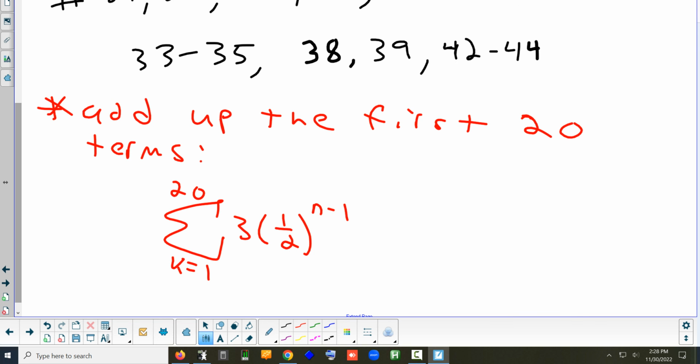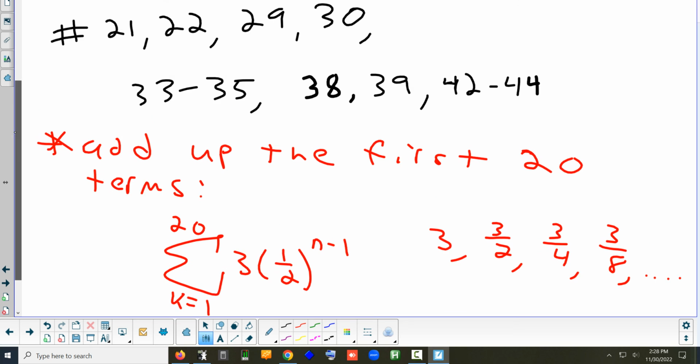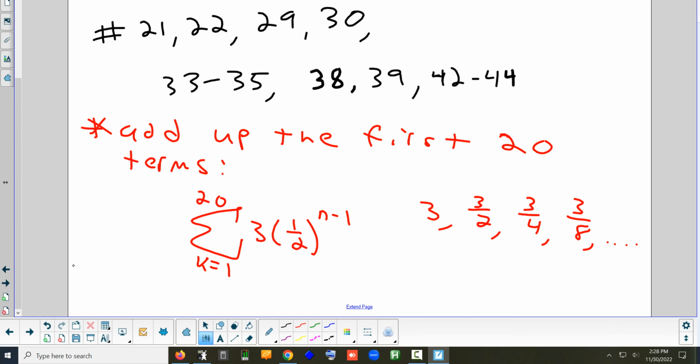Okay, so I've given you an r value there that will work, and I've given you the first term. So add them up. And if you're not sure, I can even write it out as a sequence for you. The first term is 3. The next term is 3/2, 3/4, 3/8. Keep going till you add up the first 20. But don't list them all out. That's not the way to do it. Use the formula that I showed you at the very beginning of class. All right. And also